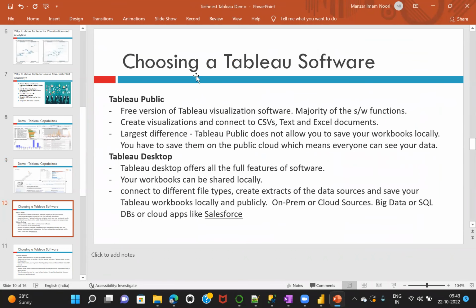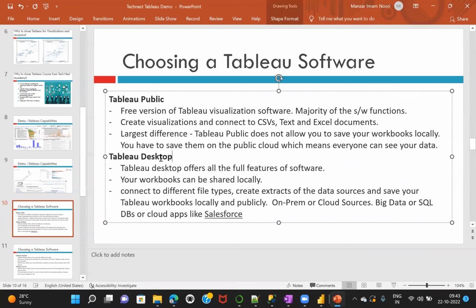Now on the Tableau software part, what software will we be using during the course? Mostly I will be using Tableau Desktop, and Tableau is also offering some free software